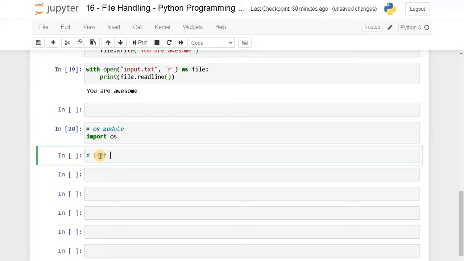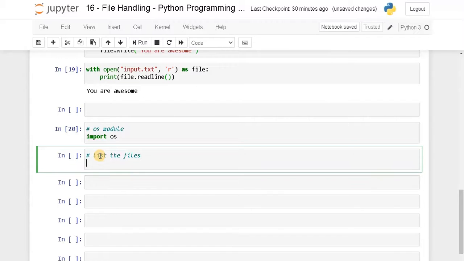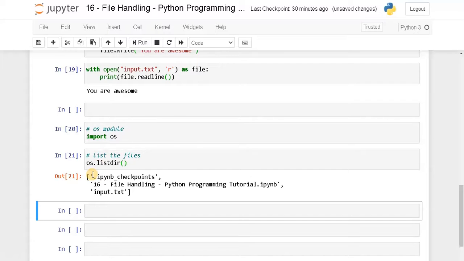For that, os.listdir. Run it. Now the contents are the current file I am running and the input text file, and these are the checkpoints in Jupyter Notebook. These are the contents that are available in the current directory.